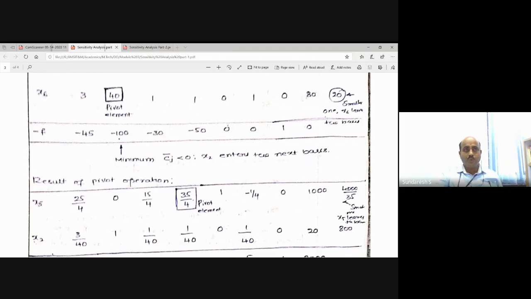thing in your notebook or on a sheet of paper. I will explain only one pivot operation; the remaining pivot operations you have to fill up, complete, and tell me. So please listen carefully to how to complete the result of the pivot operation and how to fill the tables for the different variables which are entering the basis. This is clear for the variable which enters the basis. Any clarification, anybody?